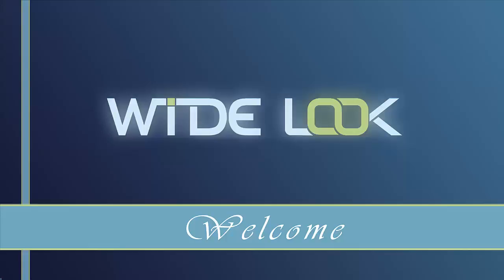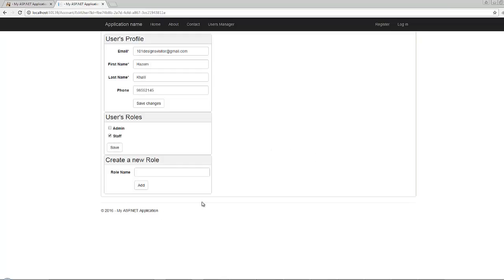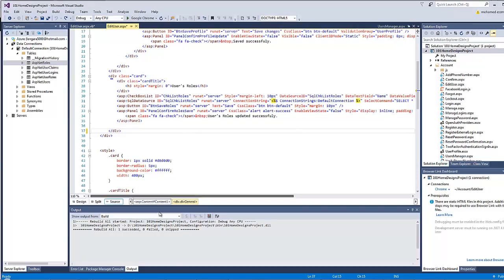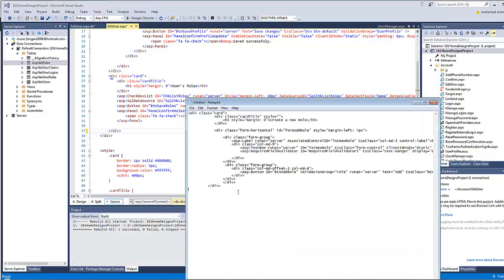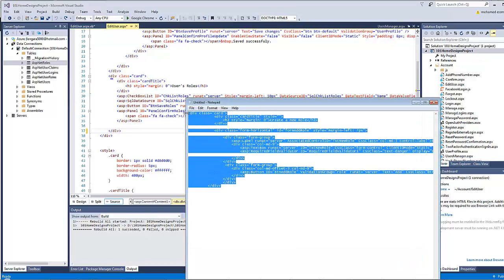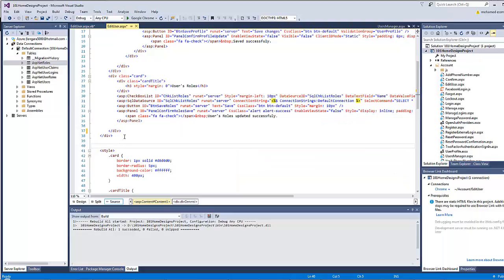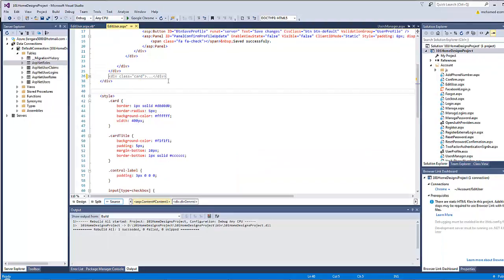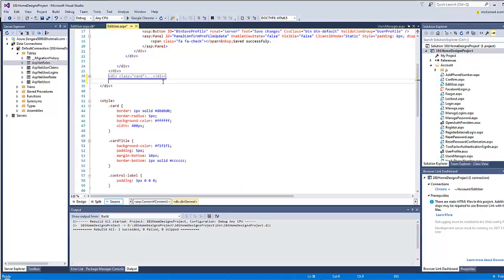Hi! In this video we are going to create this new panel, which has the mission of creating a new role. So let's go ahead and start. Let's first start by copying the markup for this panel from the notepad, and below the previous div